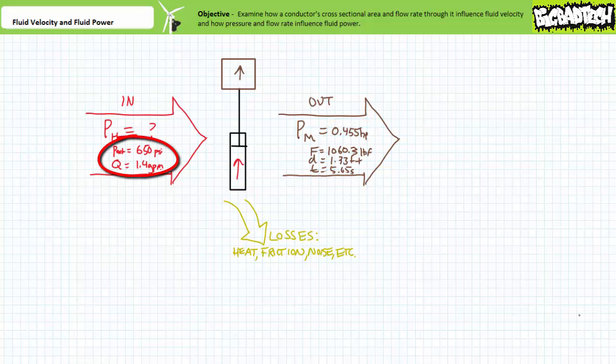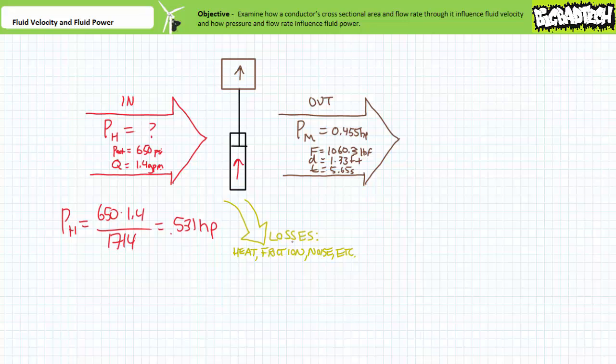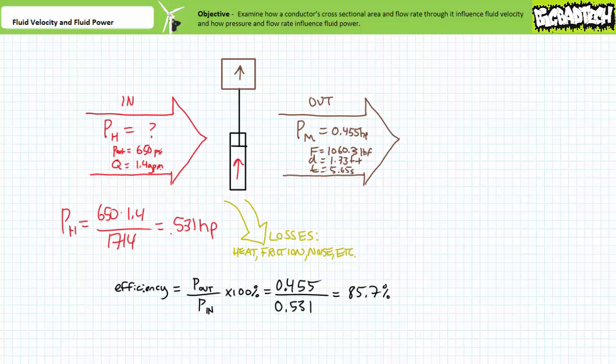However, let's say we're observing an input pressure of 650 psi and a flow rate of 1.4 gallons per minute. Our shortcut fluid power calculation yields an input of approximately 0.53 horsepower. Given the actuator is applied 0.53 horsepower and exerts only 0.455 horsepower, we can therefore say that this actuator is